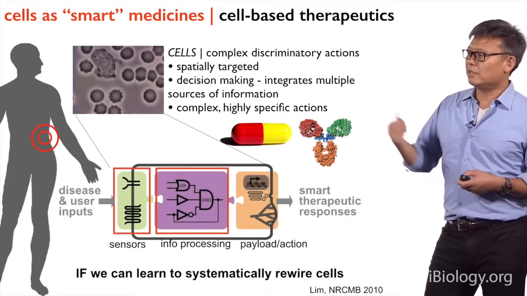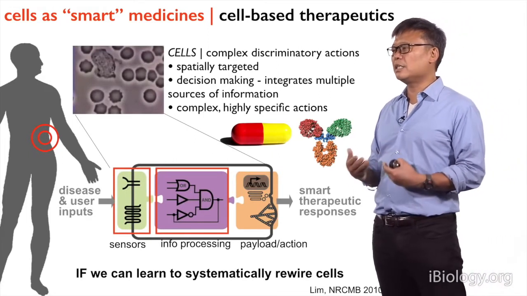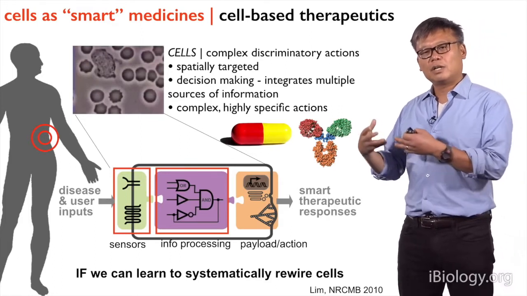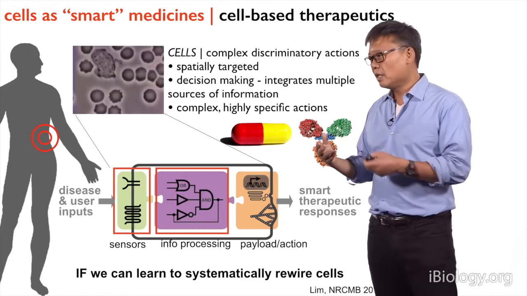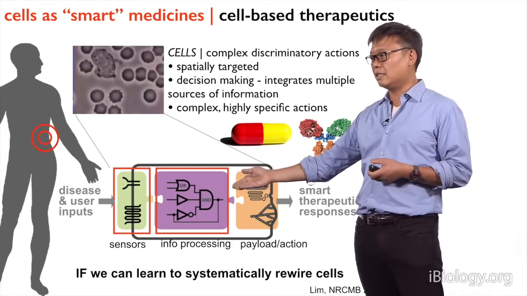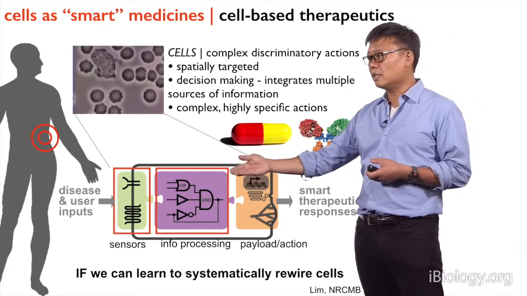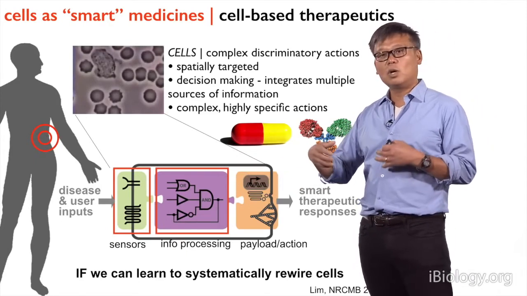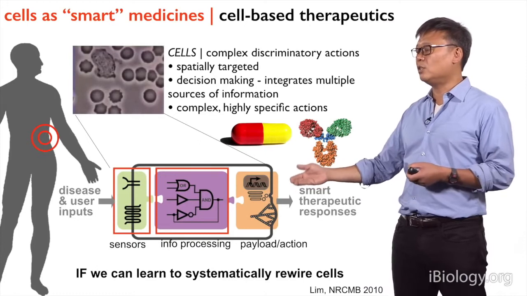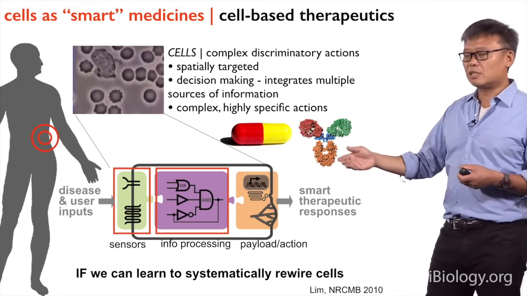And so one of the visions that we have is if we really understood these principles of how we can rewire cell signaling behaviors, then perhaps we could actually start to customize cells so that they can carry out functions that are therapeutic. This would entail, for example, trying to change what sensors the cell has so that they can detect either disease or user-provided inputs. Then we want to also be able to change the cell signaling networks to control how this information is processed and how decisions are made, and then link these to the many interesting and powerful payloads or actions that cells are capable of to really yield what we consider a much smarter